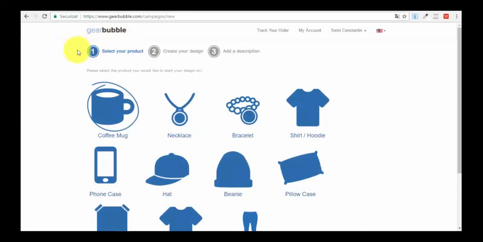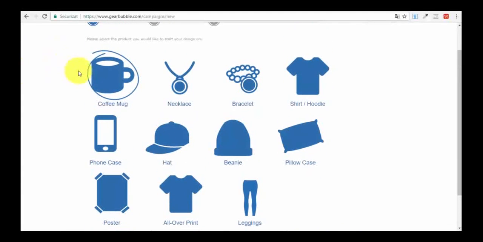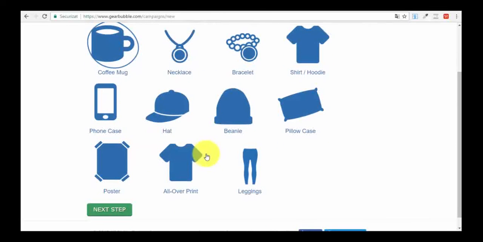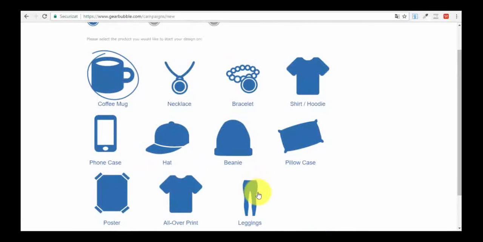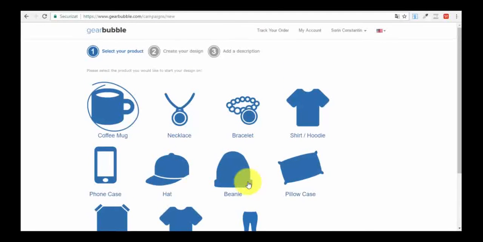Okay, you can see that this is a 3-step process. Select your product, create your design, and add a description. So you can see all the types of products that we have here. We have coffee mug, necklace, bracelet, shirt or hoodie, phone case, hat, beanie, pillowcase, poster all over, and leggings, which is actually pretty cool. So we have like 11 products from which we can choose.